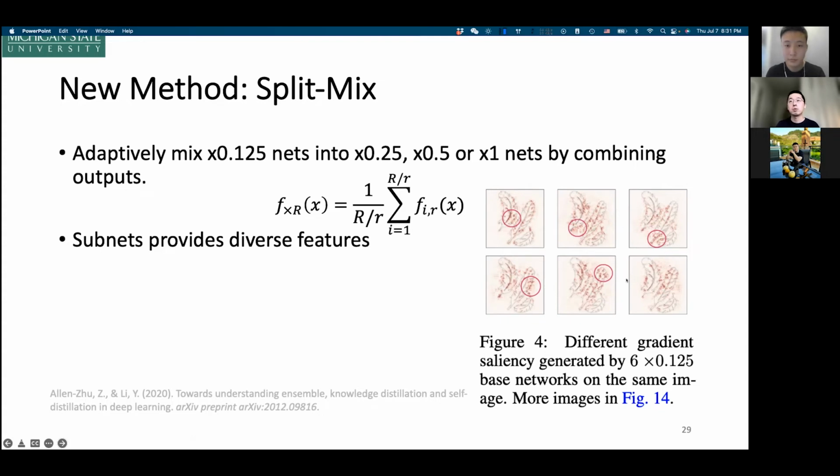Similarly, different models provide different feature attention. Therefore, combining them will naturally provide better features, and finally we will be able to predict more accurately based on more diverse features.